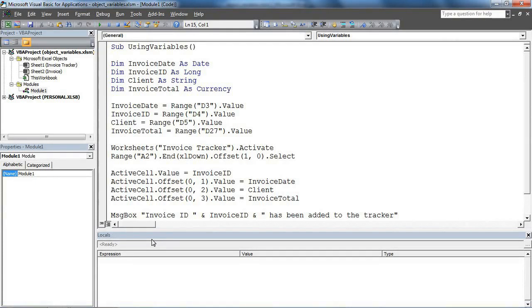They will assume all the properties and methods of one, so it can provide us with an easy way of referencing a particular sheet or range, even if we don't know the address of the range or the name of the sheet ourselves. So as an example of this for now, I'm going to use this invoice tracker macro that we've been working on in this section of the course, and we're going to look at how we could improve it